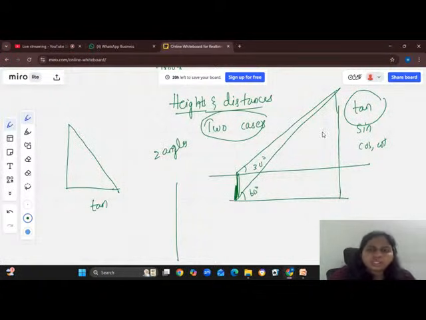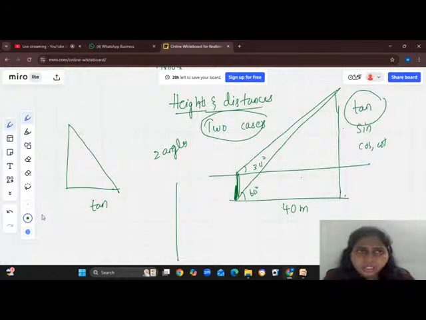See the question. If they want the height of the tower, what is tan? Opposite by adjacent. They might give you the distance on the ground, like 40 meters, and you don't know the height of the tower. So how can you find the height of the tower? By your trigonometry. So now I want to ask you all the question, why do we have to learn trigonometry? Do you know?